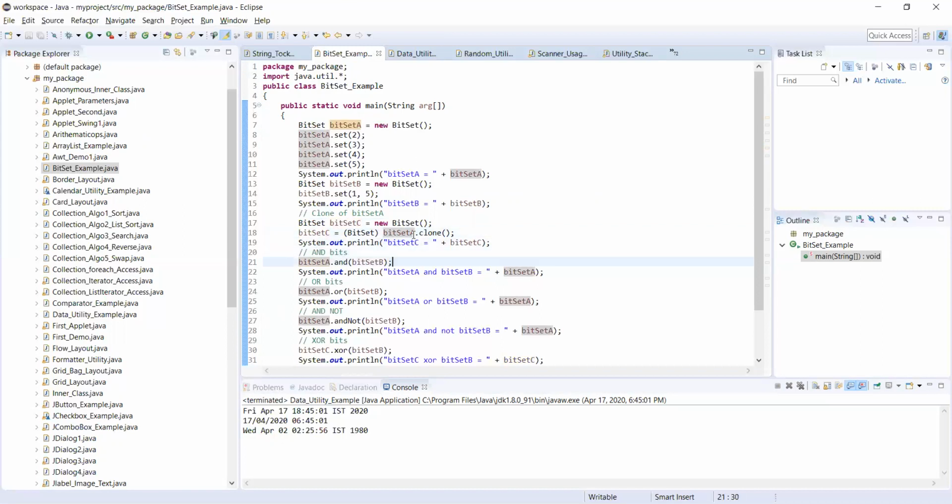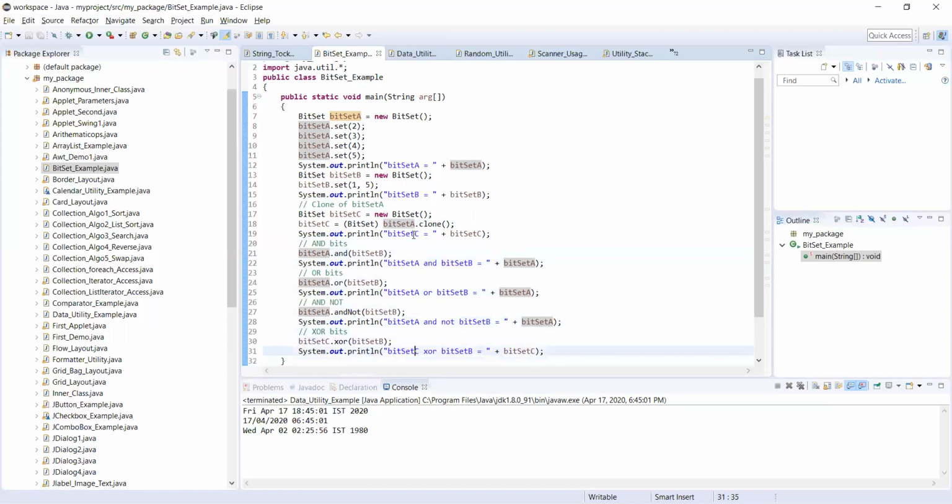And in the discussion of that BitSet, we have seen and, or, as well as not and XOR bits. So how we can perform the or operation, friends. True true means true, and true false means false in case of the and. The same kind of bitwise operations can be observed with respect to this BitSet. The creation of a BitSet is quite simple, friends. Just as we created ArrayList and LinkedList collections, the same thing you can do with BitSet also.